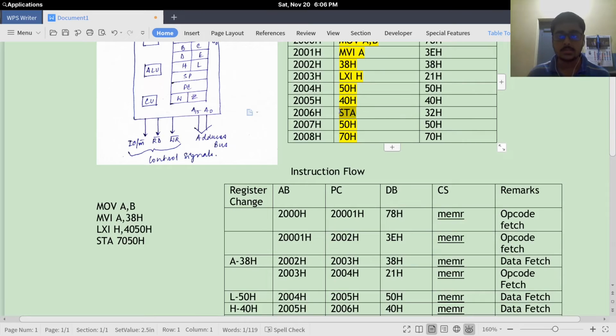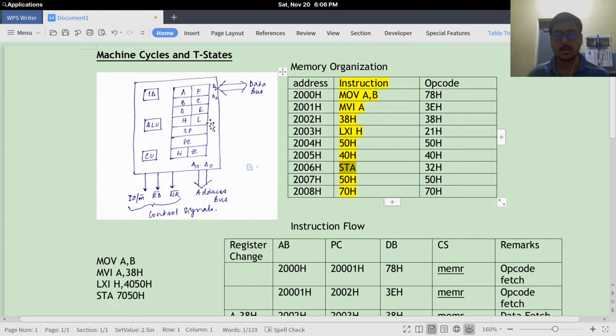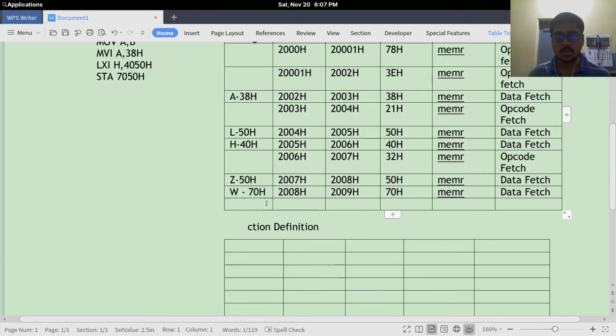Now the operation has still not ended. What does STA mean? We need to store the contents of the accumulator to the memory location which is specified next after the STA instruction. Now again we need to do another referencing, which is 7050H. Now the instruction flow moves on to 7050H, but the program counter contains the original address only.